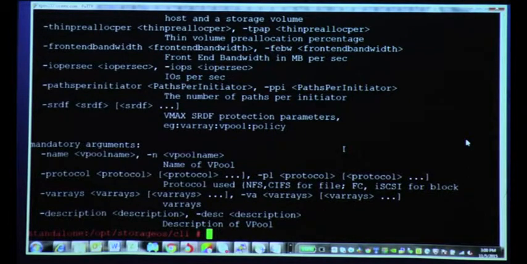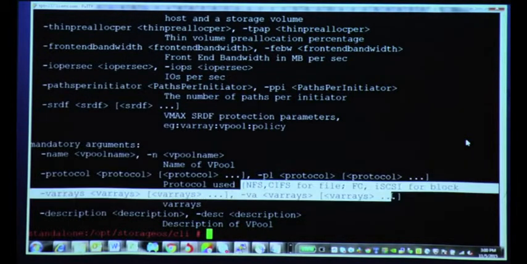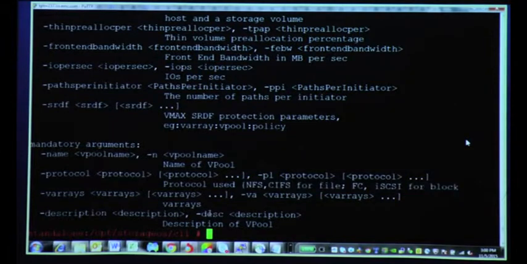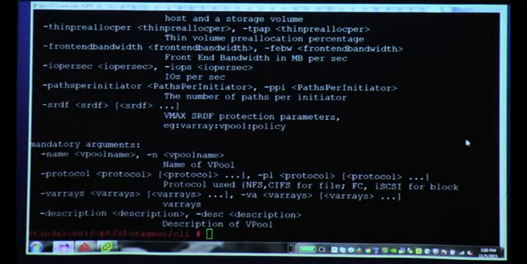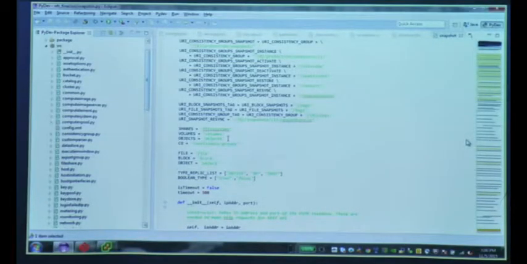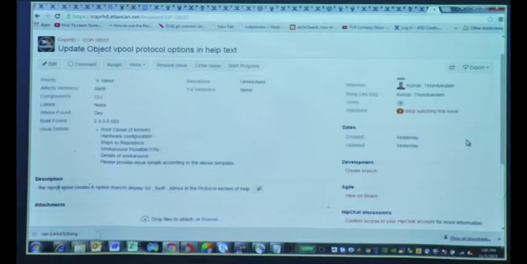Okay, the bug here is I need to just change a text in this line. So I'll go to my Eclipse. Can you show me the bugs? First you have to go to Jira. This is the bug assigned to you, and you have to first simulate it to see what the problem is. That's what he was showing. The description of the bug is this.